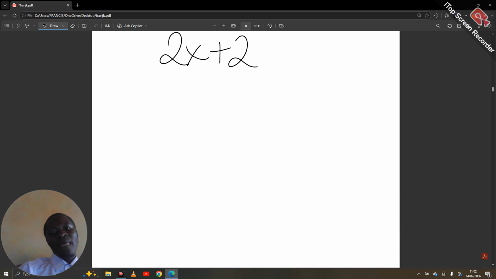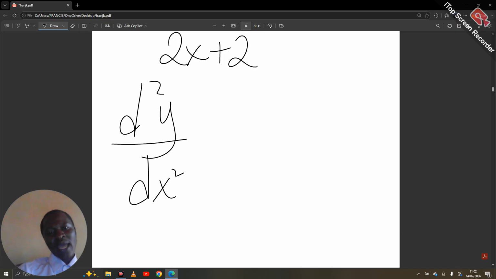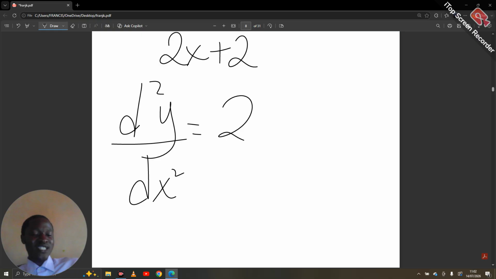Okay, now having d squared y over dx squared, we shall have what? We shall have 2. Only 2. So this is a direct expression or a direct derivative method. And check out that answer. What answer are we getting? What answer are we getting? We are getting 2. And 2 is